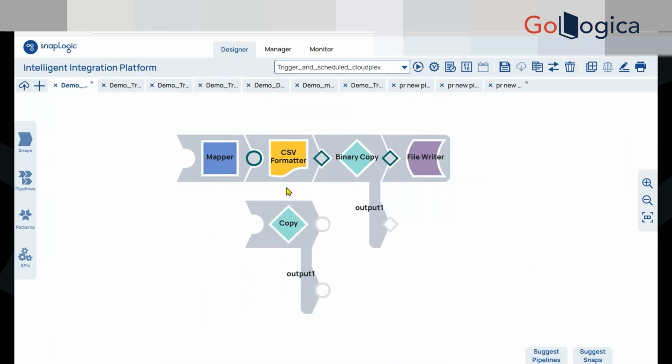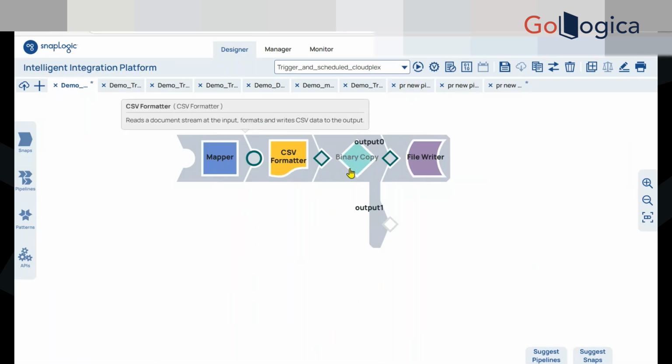You remember we have only two types of views: document view, which is circle round shape, and binary view, which is with diamond shape. When we have data converted to JSON, we work with document views. Now, if we were just copying the data into a file,